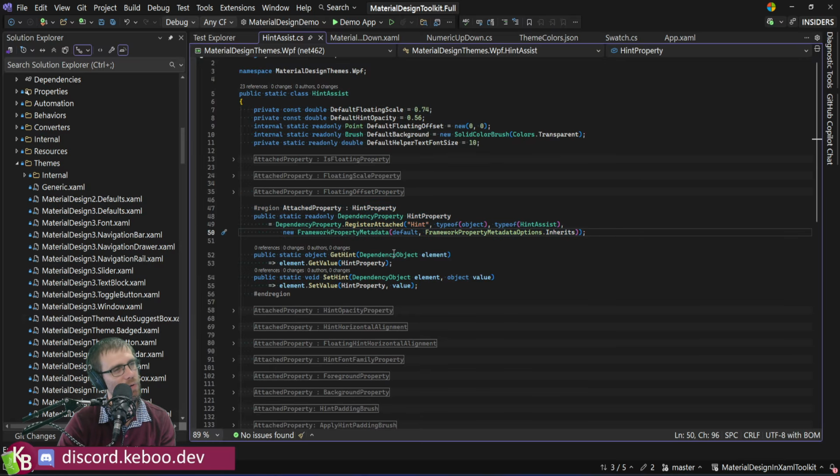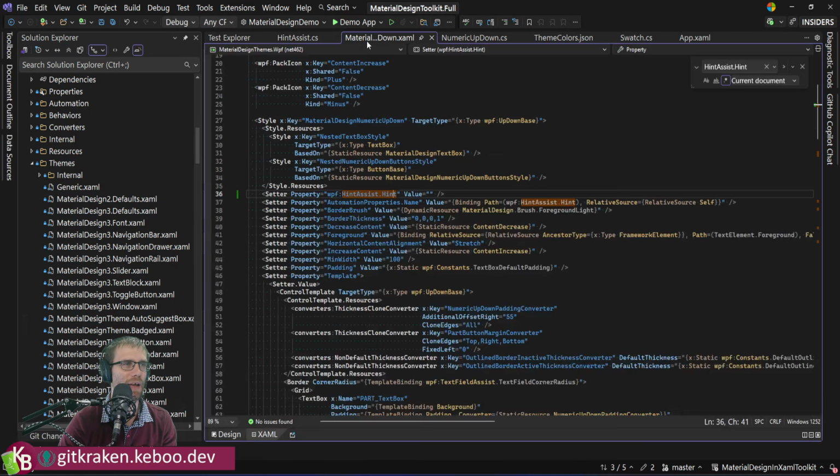Oh, that's even more interesting. When you set the property metadata to inherit, you don't have to set it on the element where you want it. You can set it on any parent and it'll propagate down. Another way to say it, a child inherits this value from its parent. It's a little weird, but